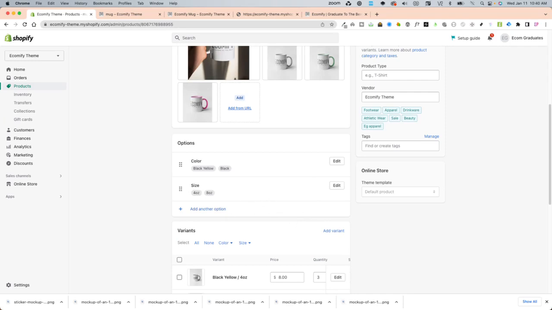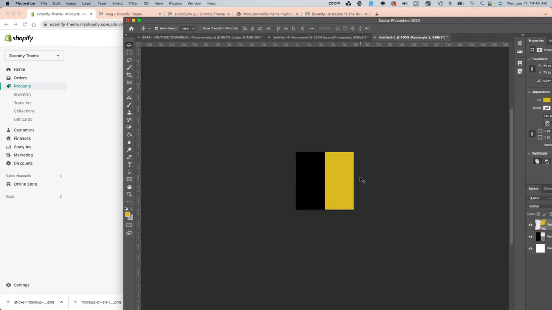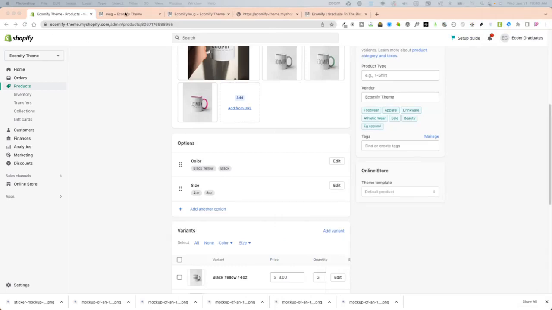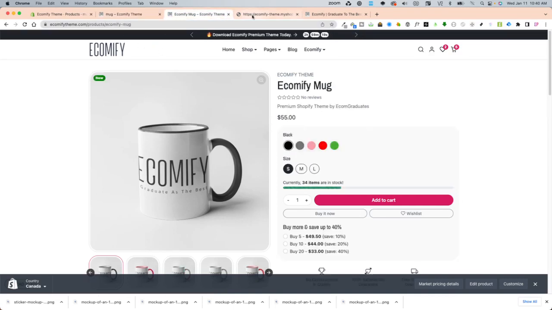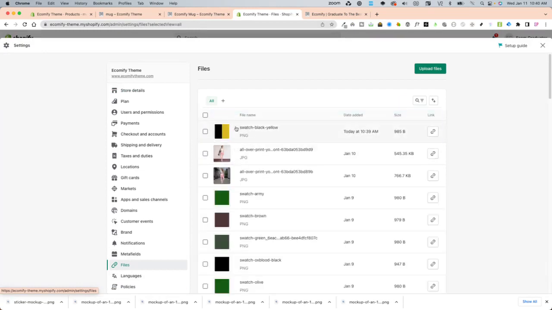Then go into your photo editor and create a custom swatch color that you designed. Save it as a swatch hyphen whatever the option color name is,